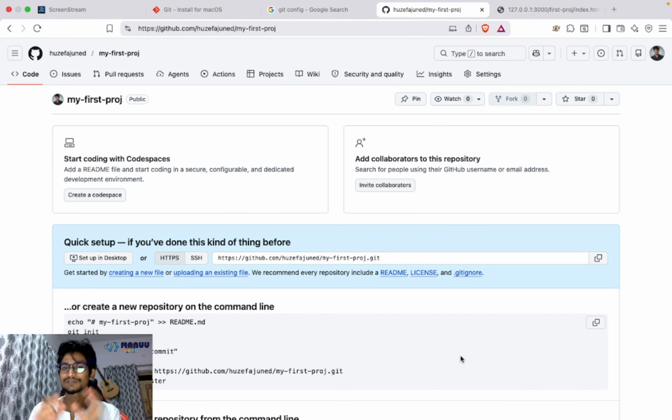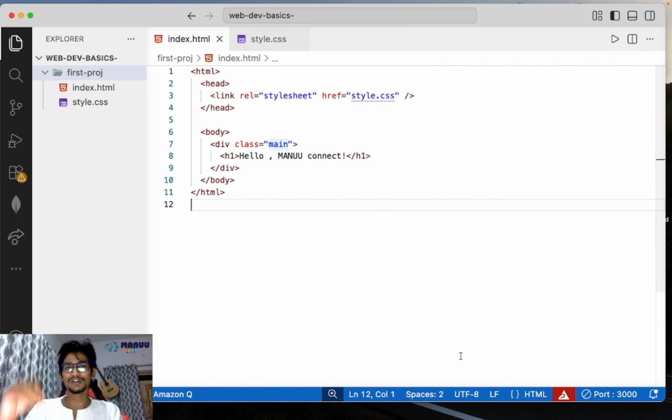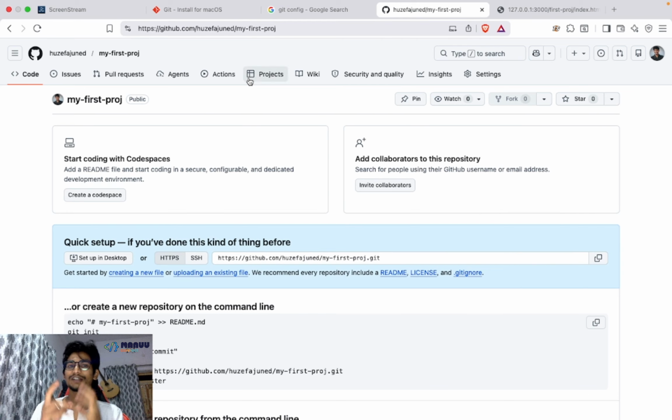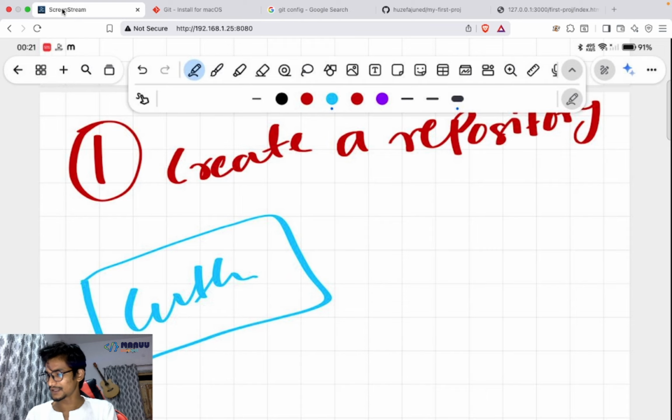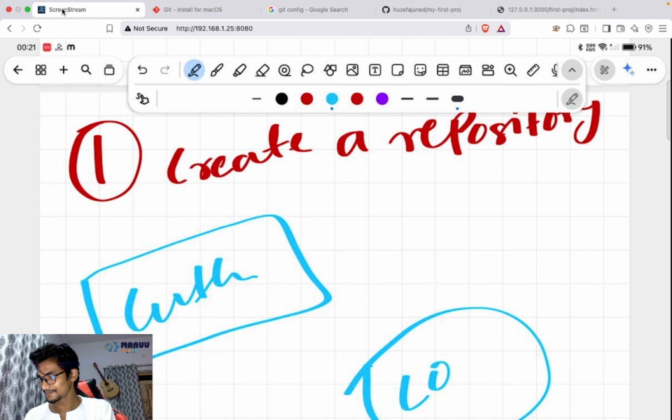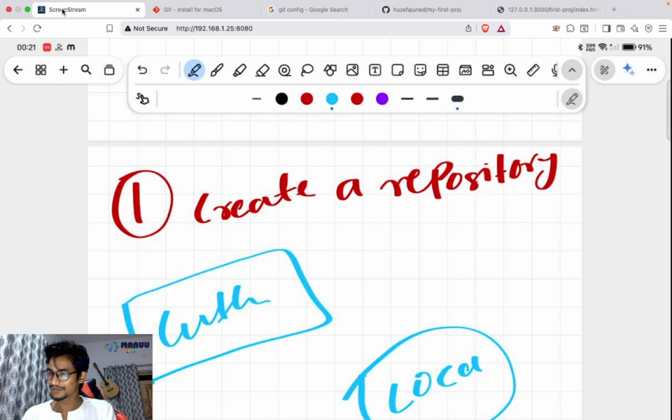Now what you have to do is configure this to your local project, because for each repository or project you have to create a single repository, right? Let's suppose tomorrow you are working with another project, you have to come here, create one repository, and link that particular project here. Simple. Each time, this is GitHub, and this is your local. Okay. So whenever you create, you have to create a connection.